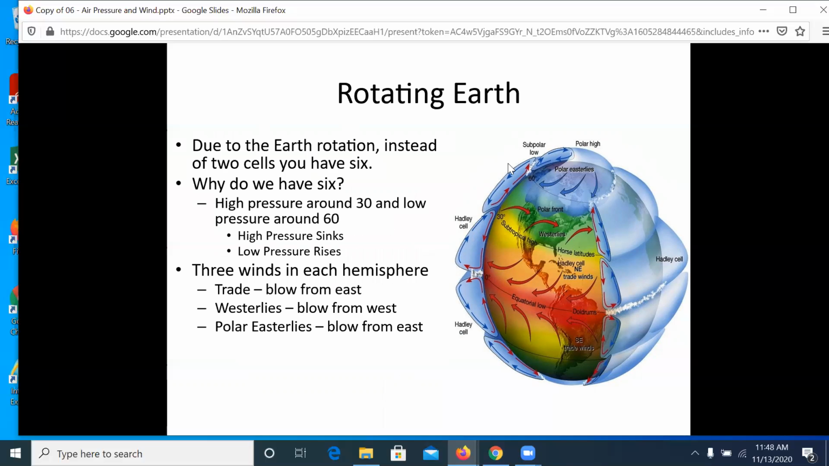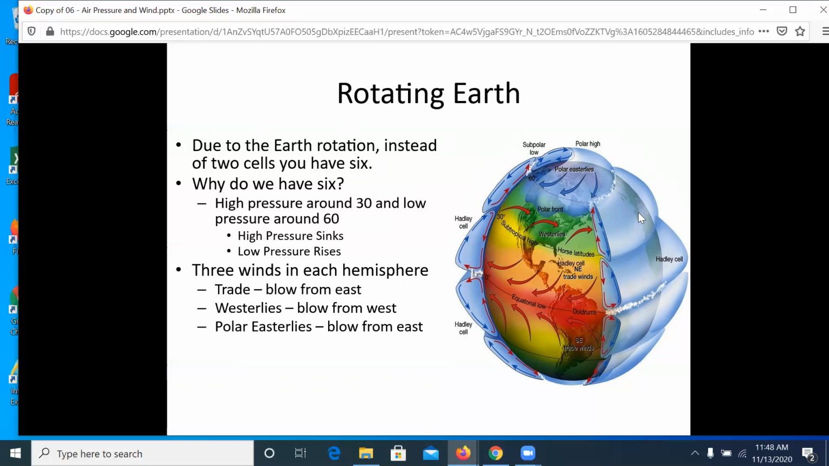The Earth's rotation, combined with these differing air temperatures, causes the movement of air from the equator and the poles to curve in different directions. This is called the Coriolis effect. The Coriolis effect causes winds to curve to either the east or the west, creating predictable wind patterns in different parts of the Earth. So these are predictable, so predictable that when sailors were coming from